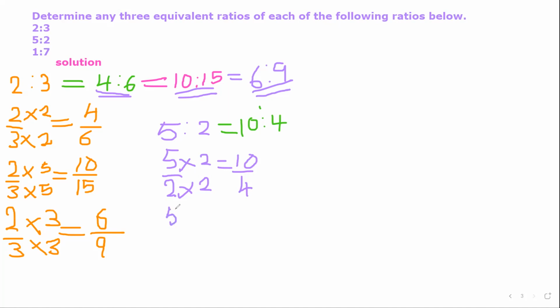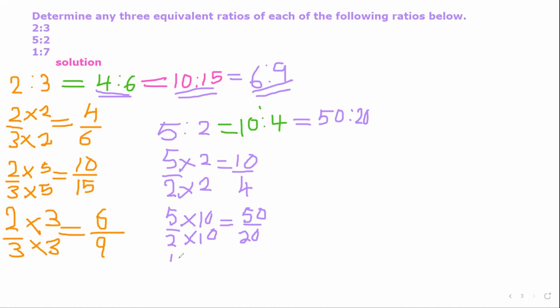And then the other ratio that will also be equal to 5 to 2. When you have 5 over 2, then you think about multiplying by any other number, by 10. The same number must be used to multiply the denominator. And then here will also be 50 to 20. Okay, good. So another ratio that is equal to 5 to 2 is what? 50 to 20. Okay, good.